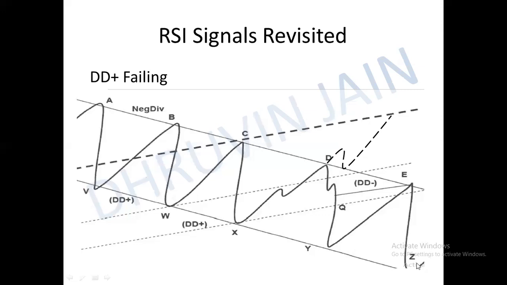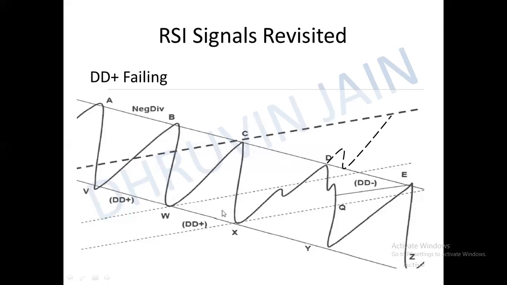That's why the RSI is continuing its traveling inside the descending channel. Know this, guys. Always know this. You could also see that there are multiple DD plus occurring inside this descending channel. Always know how to assess the strength of the DD plus. If with only one DD plus the trend is continuing, if only one or two DD plus and the RSI is breaking from the upside, that means that DD plus are strong in nature, that descending channel is strong in nature.